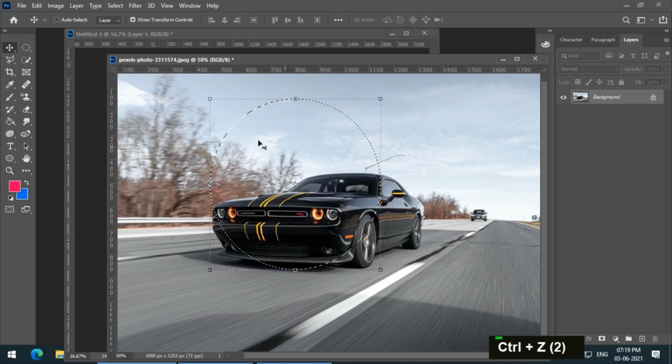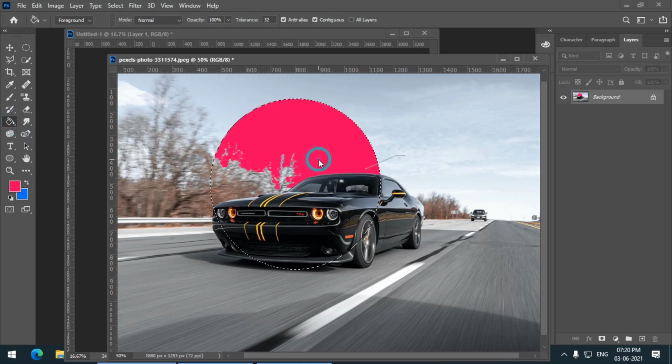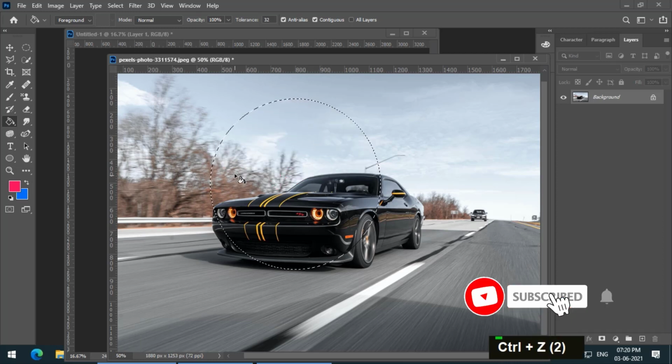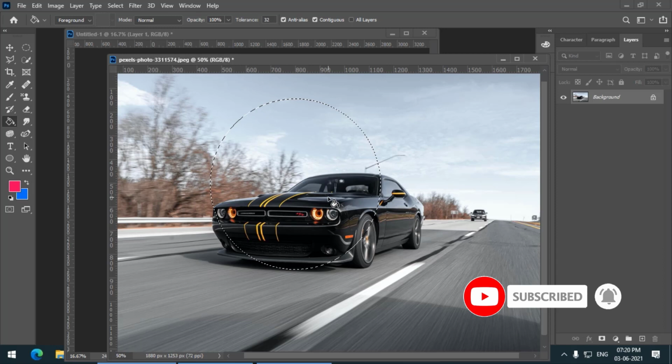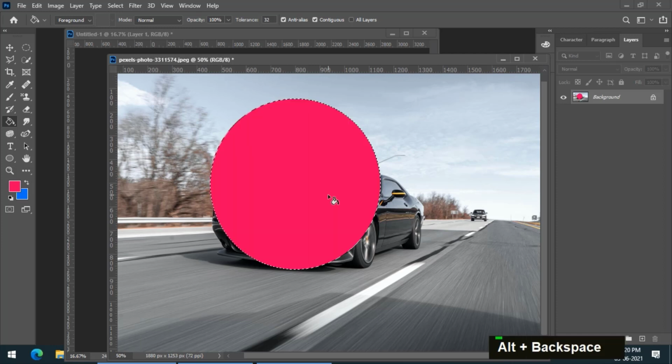I will undo this. What if I want to color this on the image itself? I don't want to be coloring the new layer. I want to color the background layer itself. But that won't happen if I choose the paint bucket tool and simply click here. It will only color the similar pixels. So there is another option. You can simply press Alt plus Backspace, then the selected area will be filled with the